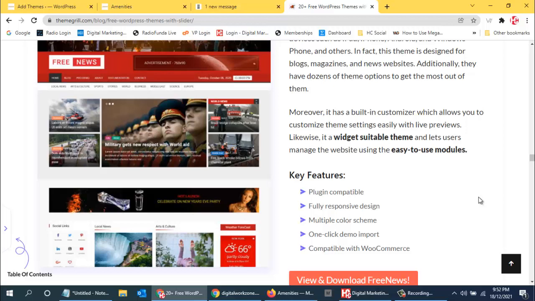So if you don't find any good theme for sliders, then you can use this option, wherein you can upload multiple images and then randomize the images. So that's the solution. But I mean, there are millions of themes available with sliders. You will definitely find it.